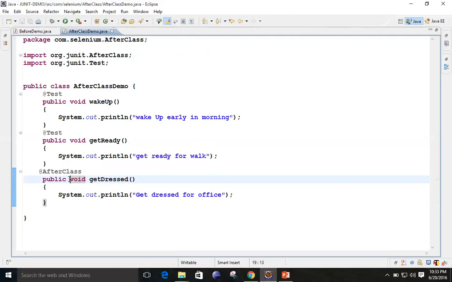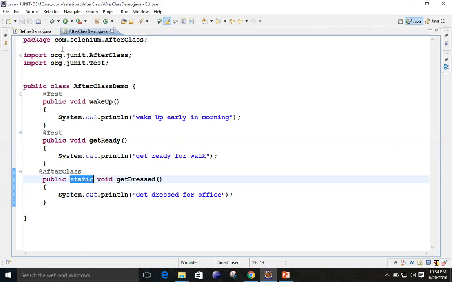So before opening the class or after closing the class, if you are performing any operation, that should be static. Without static, it will not execute. Static means it can be executed without any help of the object. So that's what you need to mention over here, the static keyword.